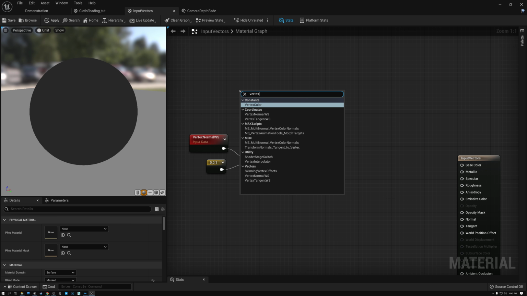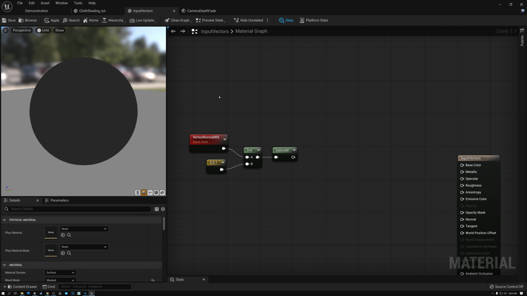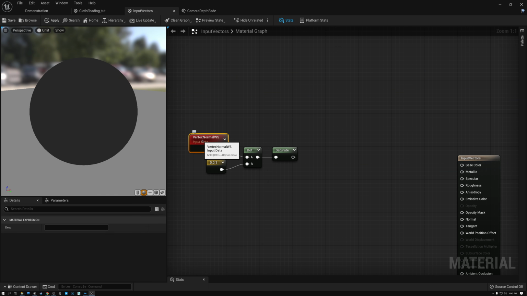So I can get to that just by typing vertex here and picking vertex normal WS. Now it's really important when you do operations using two vectors that you have both of them in the same space. So I have my vertex normal in world space right now. And don't worry, we're going to get into another video later on where we talk about spaces, world space, object space, tangent space, that sort of thing. So just trust me